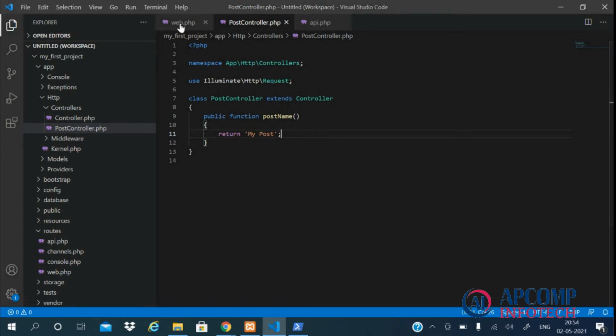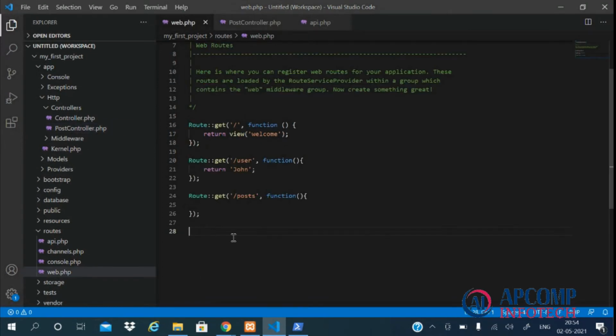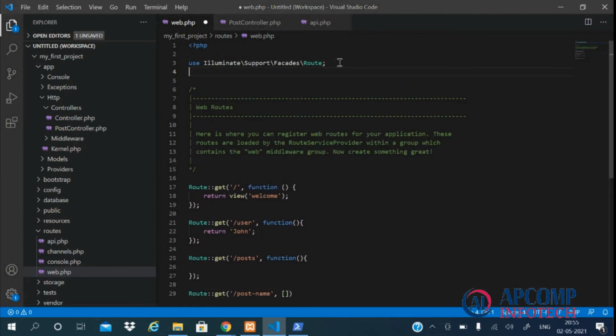That's it. Now for calling this method from our route, we'll create a route. Let it be a get route. Let its name be post-name, and next we will pass an array. The first parameter will be the controller class, and the second parameter will be its method. So for that, let's use our controller, our PostController.